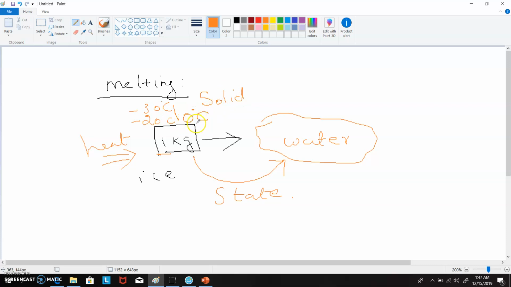Until 0 degrees Celsius, the object is said to be solid. Once it reaches 0 degrees Celsius, again you are supplying heat. Then this heat energy is absorbed by the solid to change its state to water. During this state change process, the temperature remains the same, 0 degrees Celsius. If you put this ice cube in the container and then you place